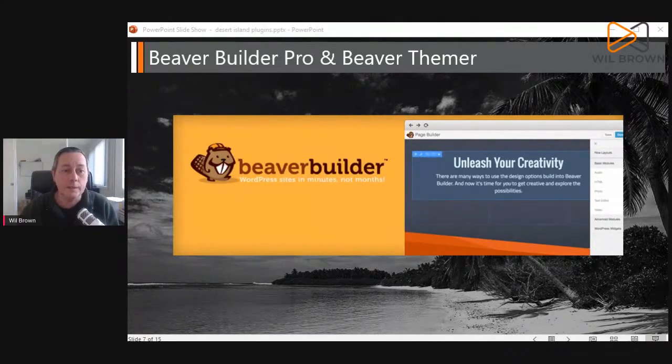So Beaver Builder, I started using Beaver Builder probably quite late, maybe end of last year. And I absolutely love it now. I think the amount of stuff that you can create with the page builders and the amount of time that you can save just pays for maybe that little bit of performance you could get by